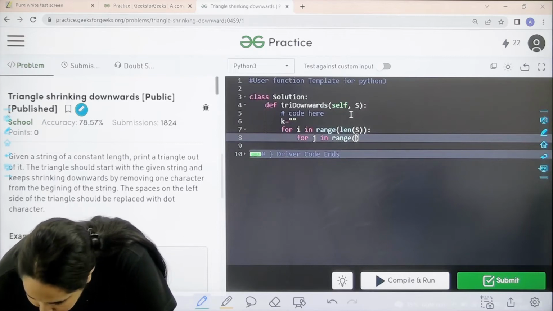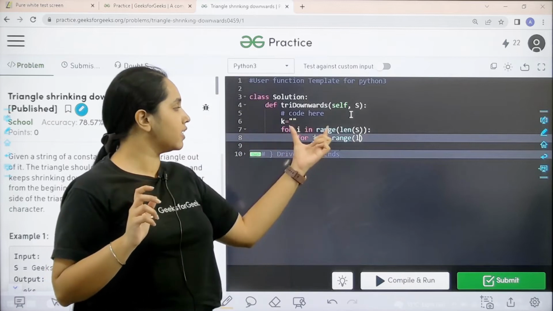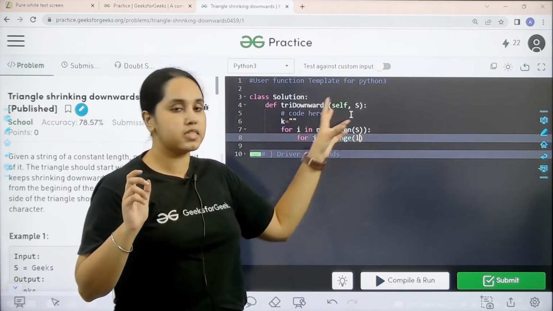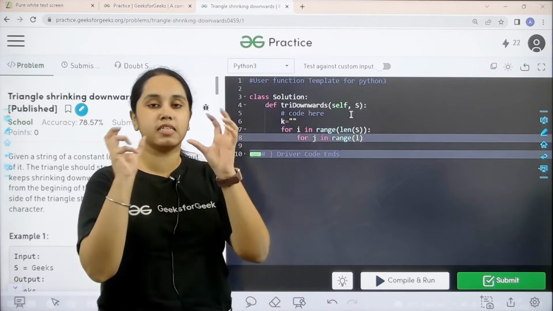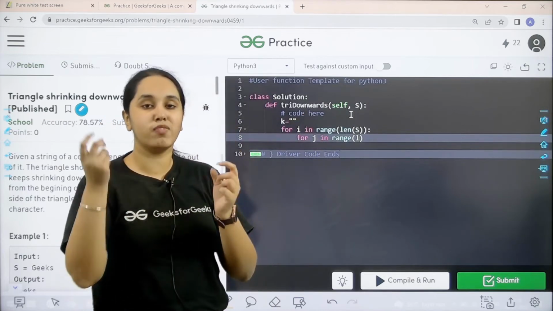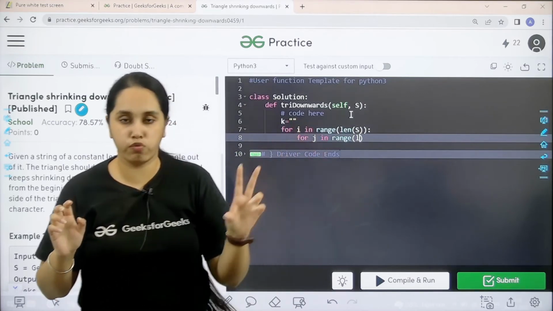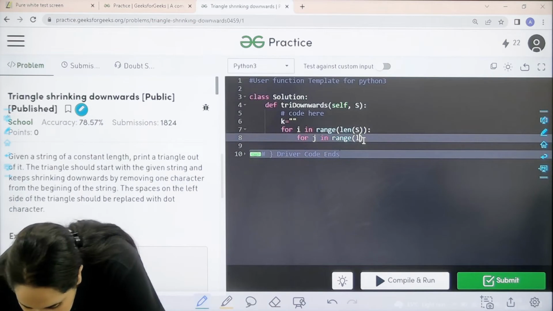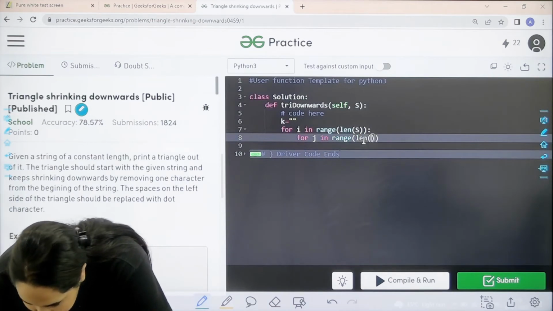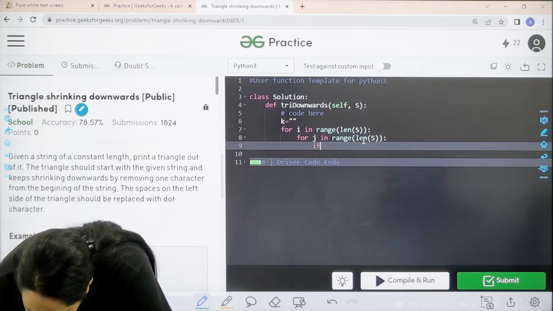Now, basically, there are two for loops. Why? Because one is only traversing the string, but the logic is that we are removing a character and at the same time, we are replacing that character with a dot. So that is why there are two for loops. Over here, it would be len(S), colon, enter. If I is greater than J,